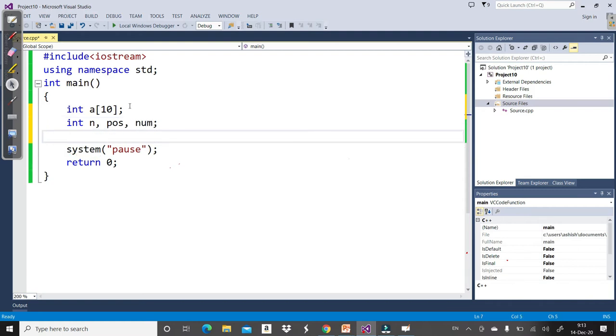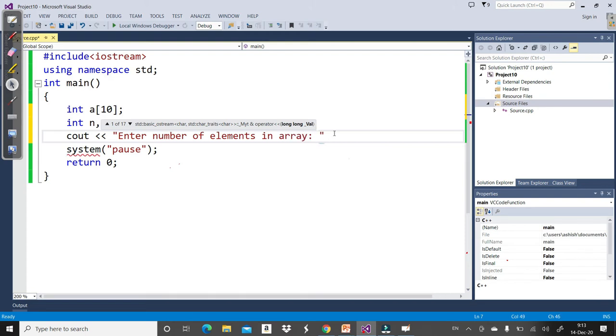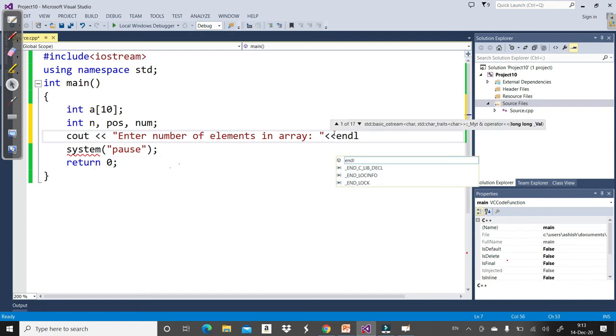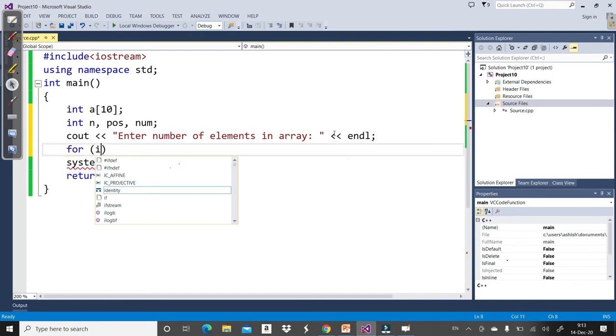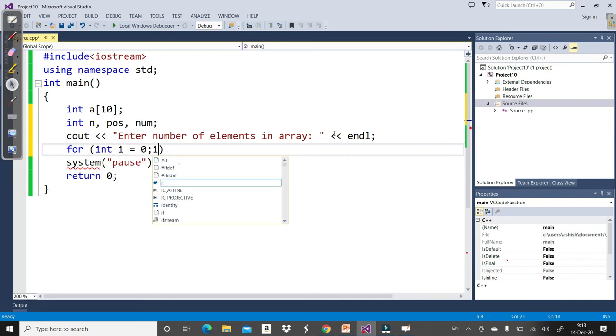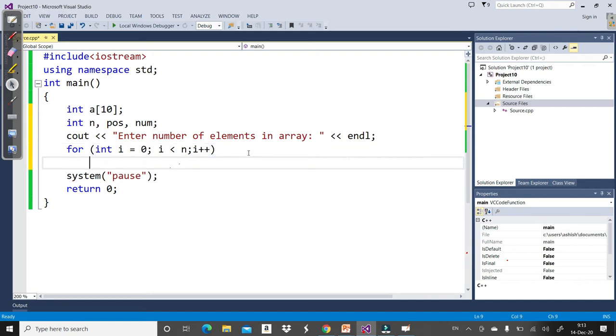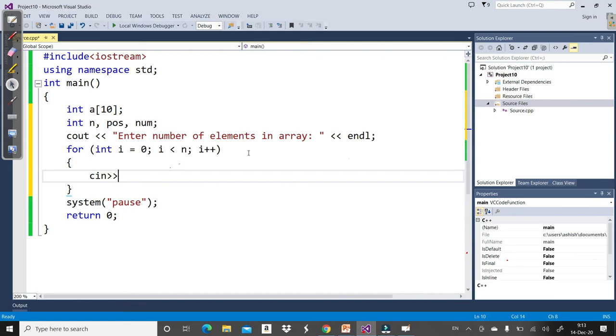Let's input the elements of the array first. cout enter number of elements in array. for int i is equal to 0, i less than n, i plus plus, cin A[i]. Similarly we can display the array.